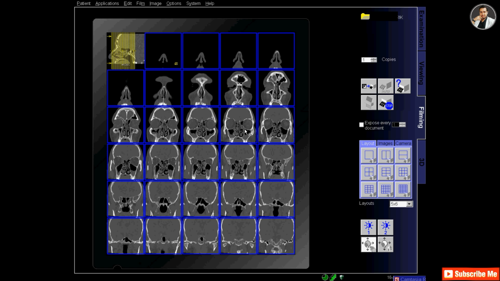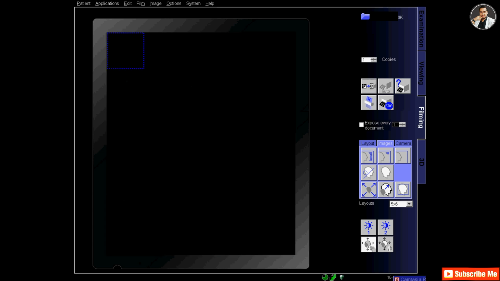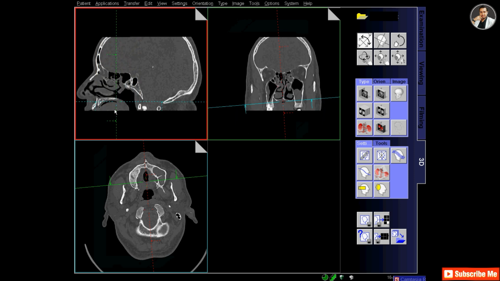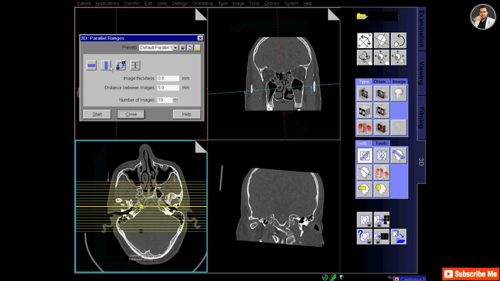You should include the frontal sinus and the lower part of the maxillary sinus, and at the back the sphenoid sinus should be included. So after completing, print out these coronal images for sinus, and now let's make sagittal images.